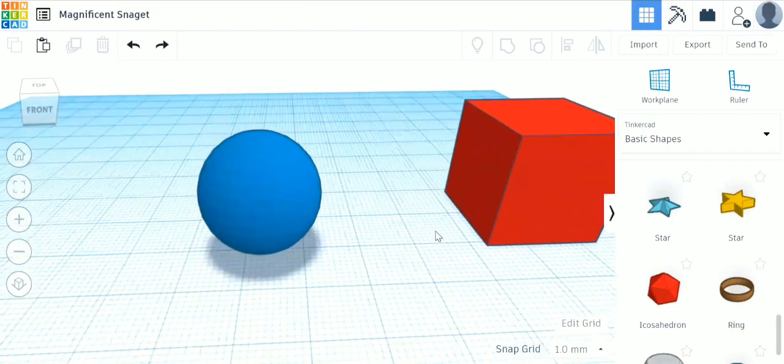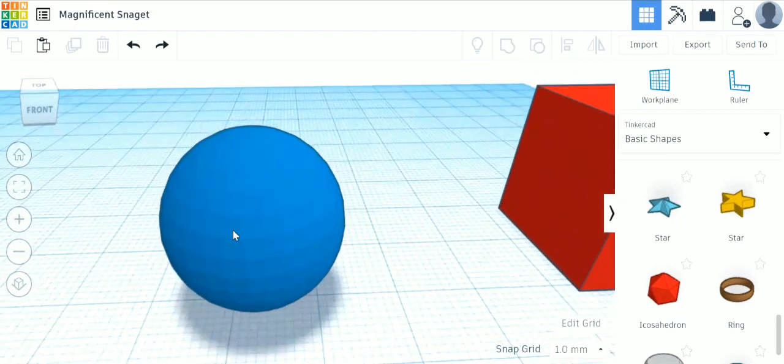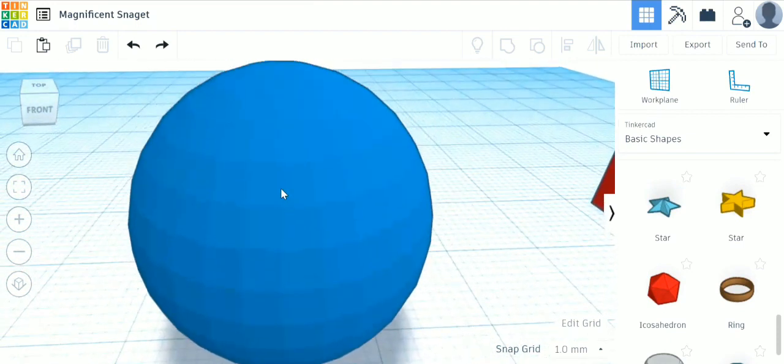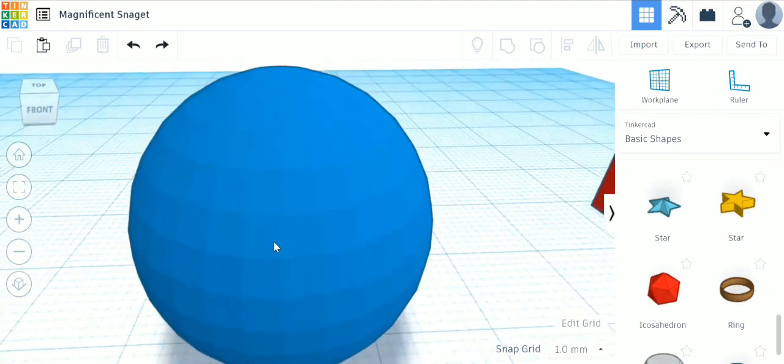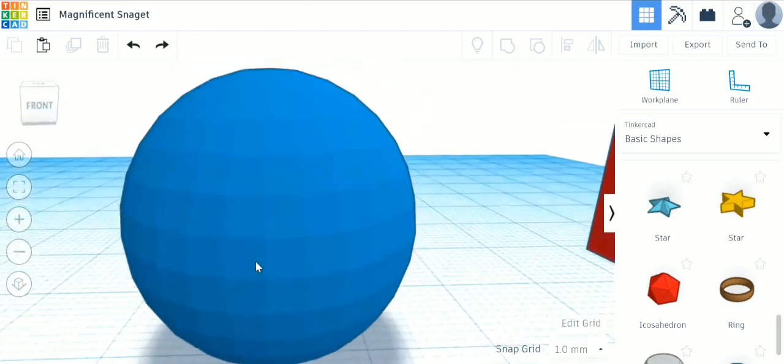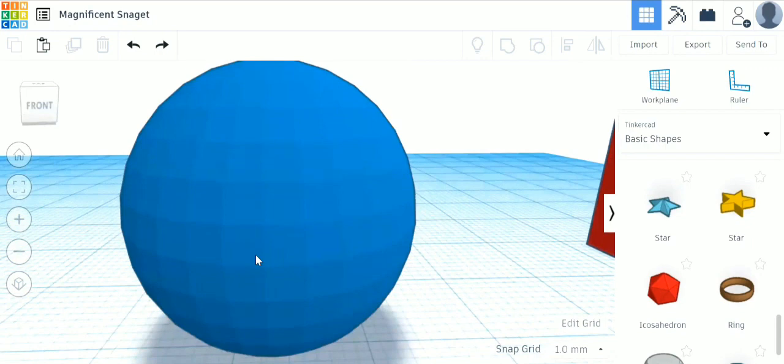Like if we zoom into this sphere, you can see that a number of squares are distributed all over its body. These are actually known as polygons, which are responsible for the resolution of this object.